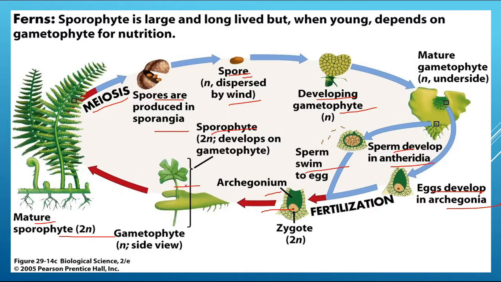Now this sporophyte, after maturation, will undergo the process of meiosis to produce the spores. In this way we can see the sporophyte alternates with gametophyte and gametophyte alternates with sporophyte. Both of these structures are photosynthetic in nature. In this way we can see that the sporophyte and gametophyte appear one after another, and this alternation of generation is known as the haplodiploidic type of alternation of generation.